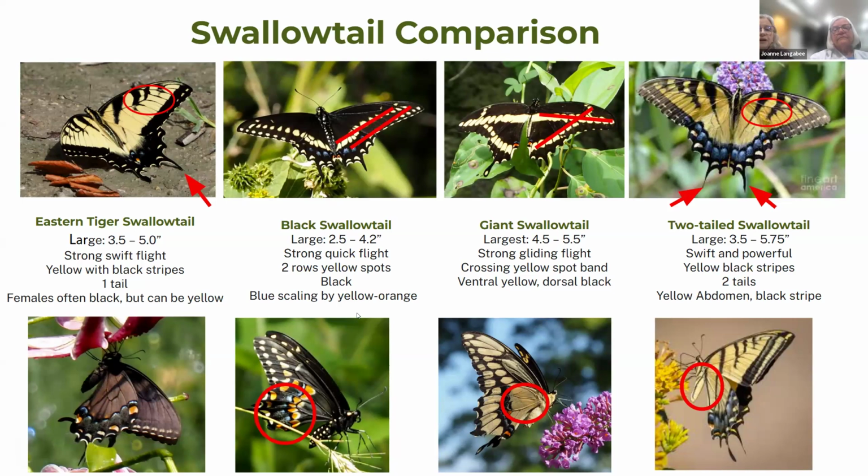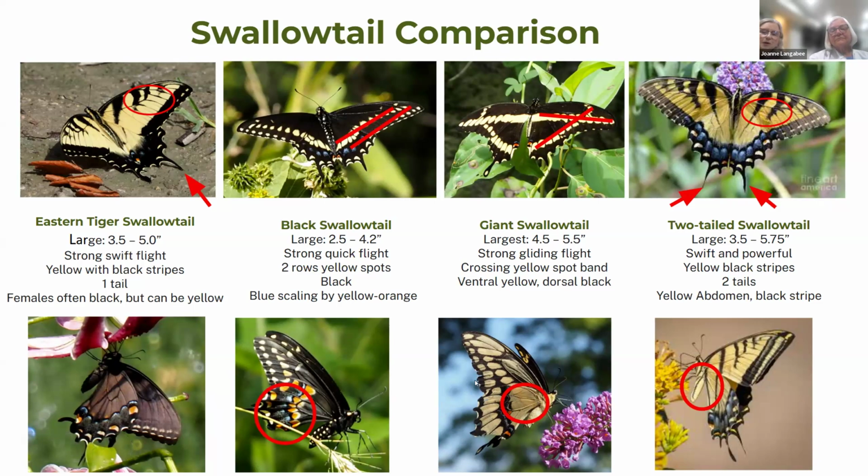The black swallowtail is not quite as big. It can be a big butterfly, but it's not always as big as the eastern swallowtail. Easy to identify because it has the 2 rows of yellow. And if you get close enough, you can see some blue spots and really tiny red ones. When the wings are closed, you can see a band of kind of orange-red, and again, the double row of spots.